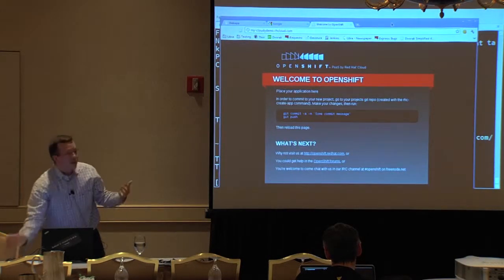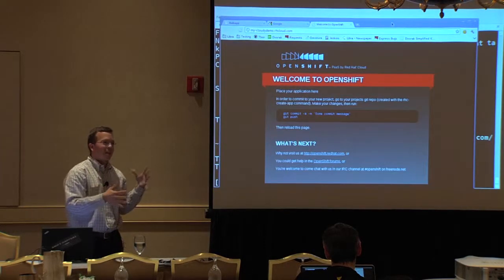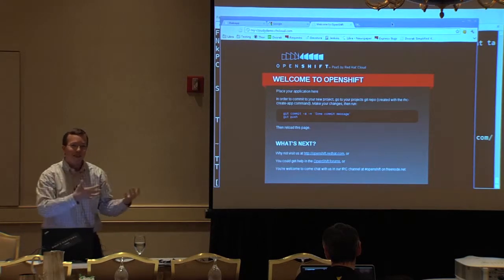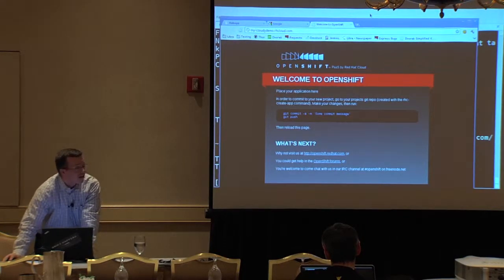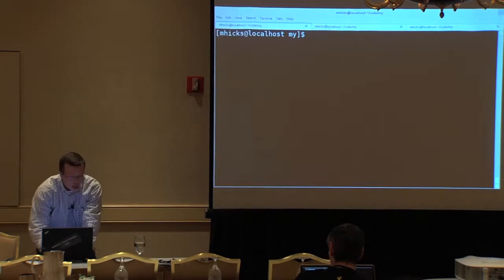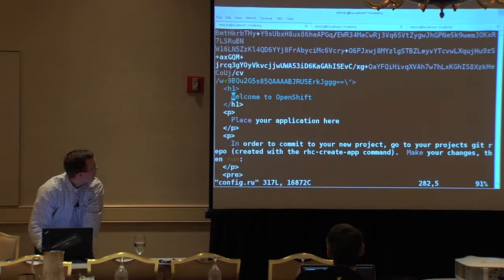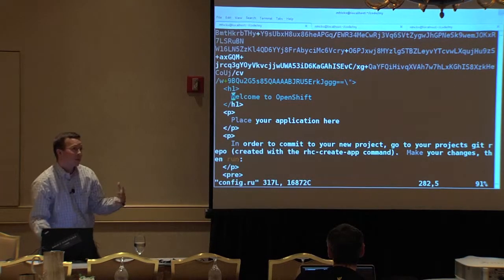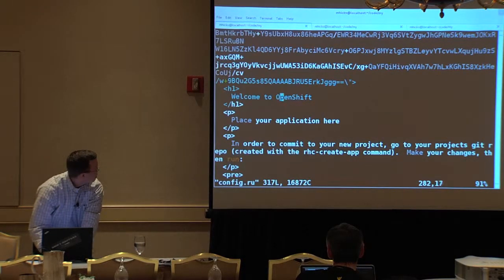So we have our simple Hello World app. Not too exciting, right? But I need to do the prep for the demo, so when we switch it to something neat, you'll see. I'll show you the pretty traditional model. If I go into this directory, and if you're familiar with Rack, it's super simple, like a one-line type thing that we run this Hello World on. And if I change the welcome to OpenShift,